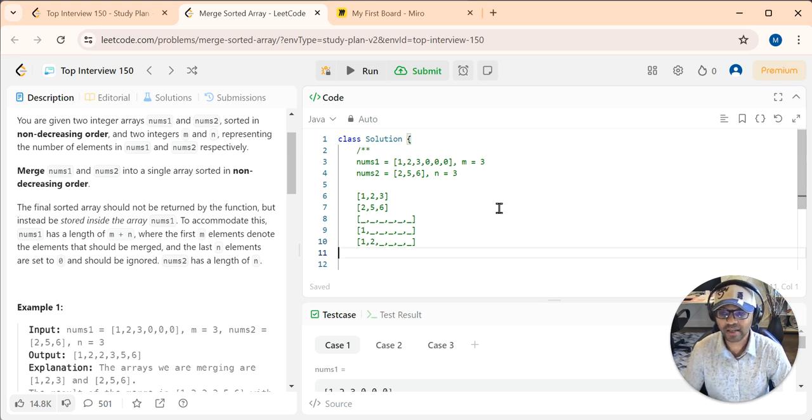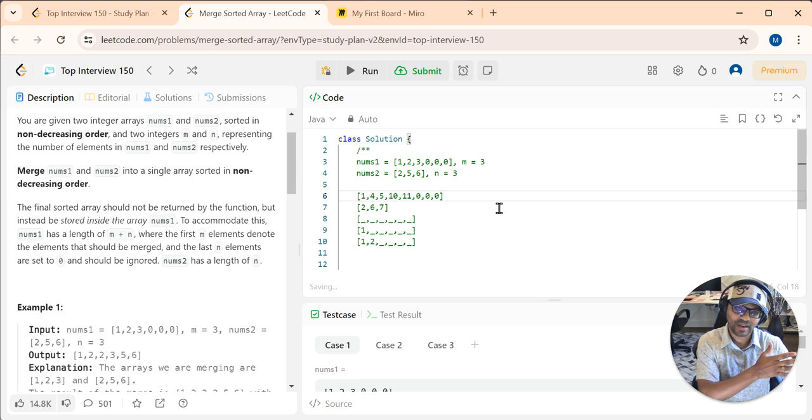Okay. In this case, the problem is that they're saying we can't use a new array, we have to do it in place. So if we do that here, for example, let's say we have this, and let's change the numbers. If this is 4 and this is 5 and this is 6 and this is 7. So let's say 1 stays as it is, but when we put 2 here in its right place, we'll have to push 4 and 5 one space to the right. And if there were many elements, not just 4 and 5, but like 10 and 11 as well, then we are pushing many elements to the right,